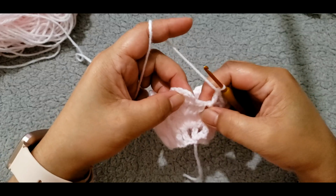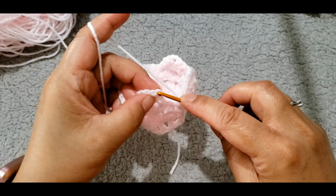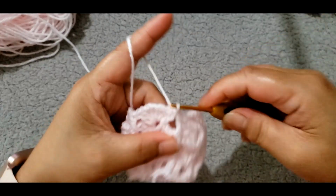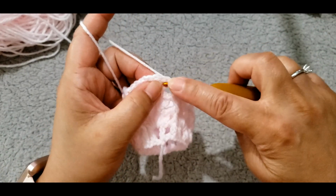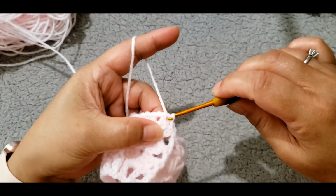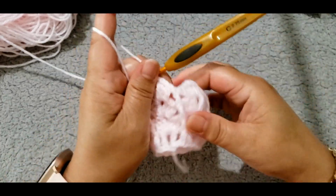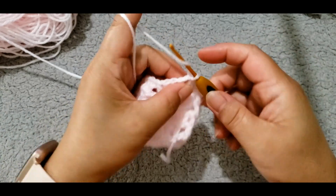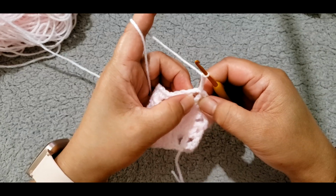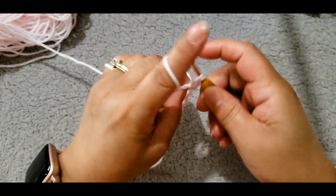Okay, I finished my round, and to join it with slip stitch into the beginning chain 3, and then slip stitch into the next 2 chain, and slip stitch into the next chain 2. Okay, now make a chain 3, and then make 6 double crochet into the same space, 6 double crochet, 1,